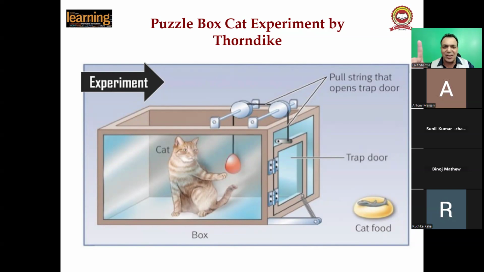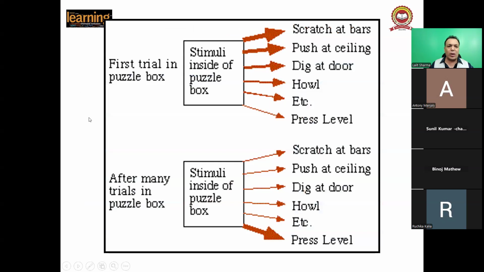For example, the first time the cat took, for example, 20 minutes, when it started scratching and hitting its head, when the fish was placed. Another time the cat took 15 minutes. The third time the cat took 10 minutes. Now, on the seventh, eighth, ninth experiment, the cat takes within a second, presses the lever, comes out of the cage and gets the reward. It means the cat was trained. So similarly, from here, what happened? What happened?